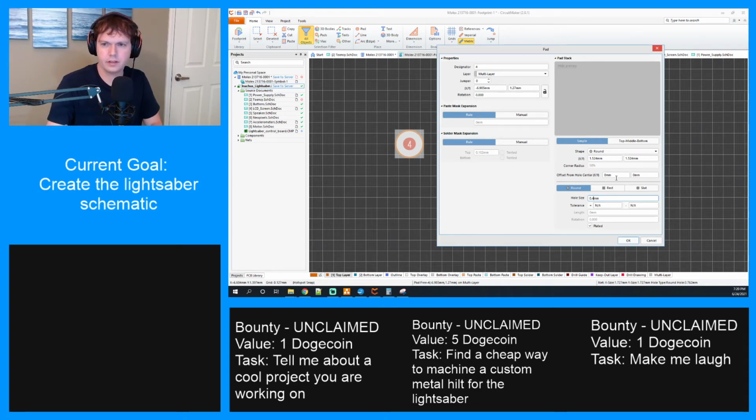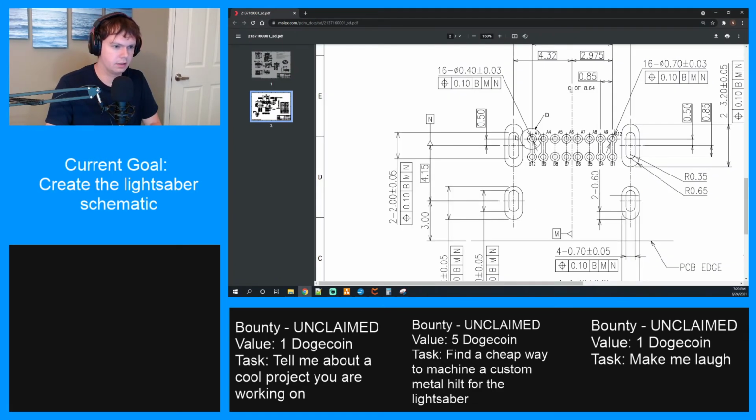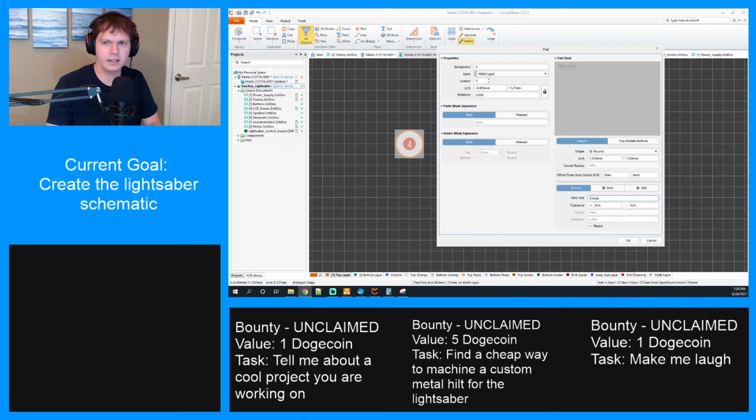How do we do the hole in these ones? Because this is not a round hole, it's an oval or slotted. Oh, there's a slot option. Oh, that's nifty. All right, that'll take some tinkering to get right. But anyways, 0.4 millimeters there, and then